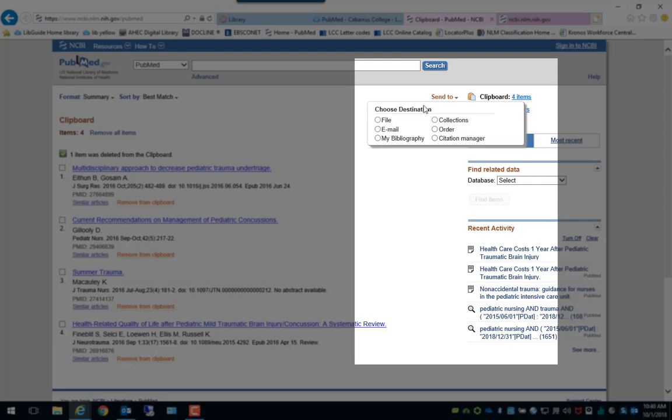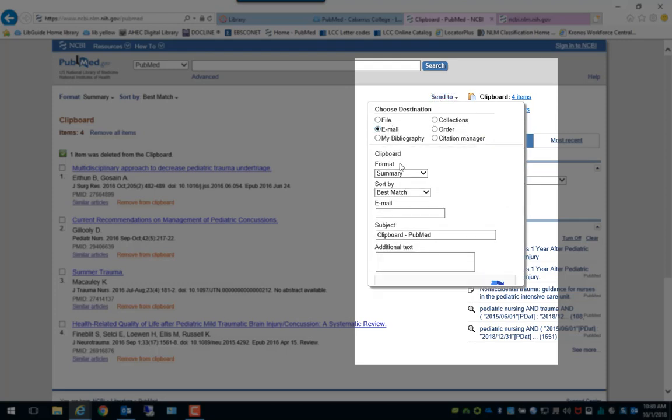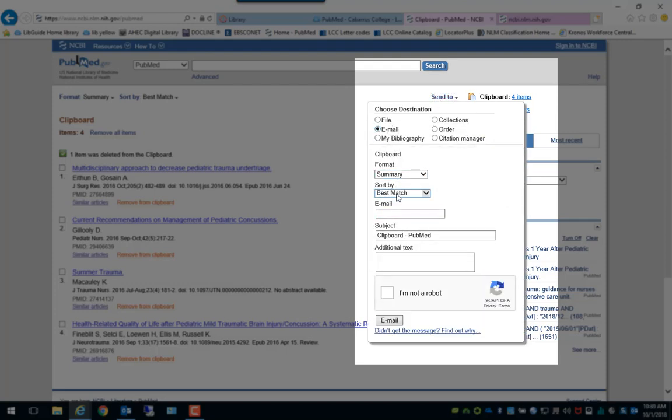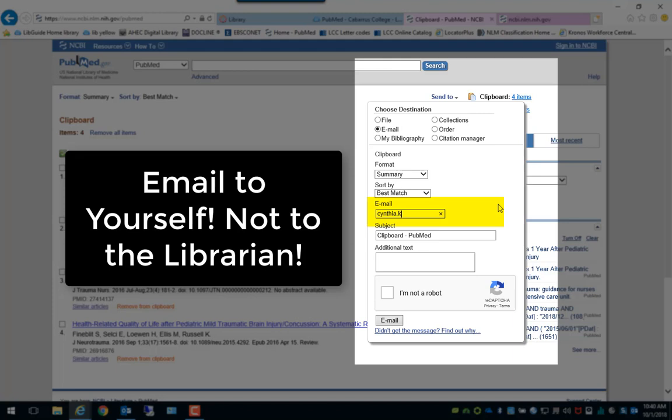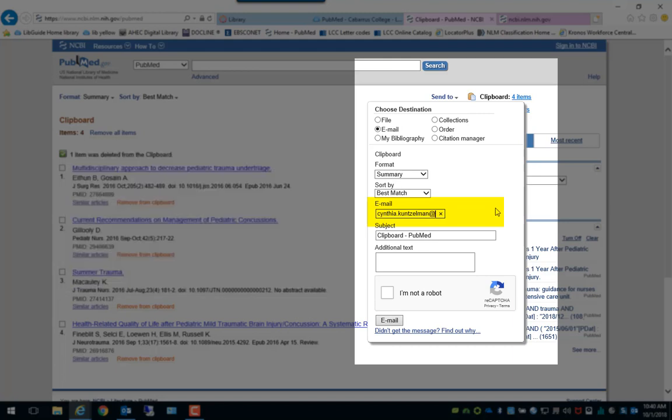You come up to send to, you say email, and you will email this to yourself. Do not send it to Cassie or myself, because we will not know who it comes from, because the email return address is going to be the PubMed address, and we're not going to know who it's for. Plus, it will help you with keeping track of what you have done so far. So send that to,